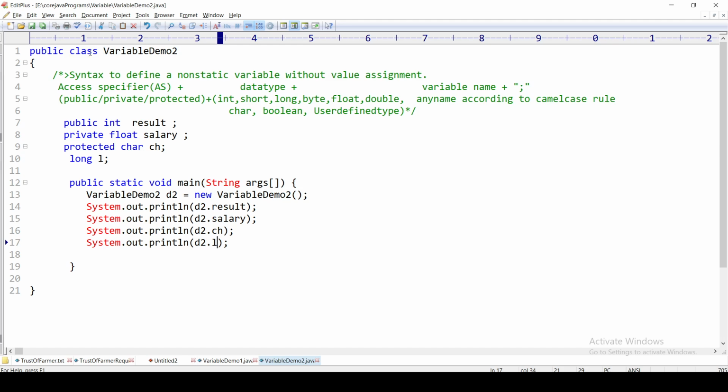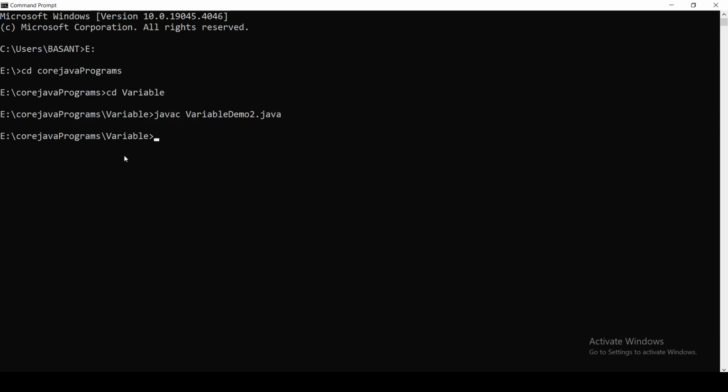In this particular case, the public class name is VariableDemo2, so a file VariableDemo2.class will be generated. After the complete syntax verification, the compiler converts your source code into byte code, and all of it is placed inside the VariableDemo2.class file in the current location where you are compiling your Java class